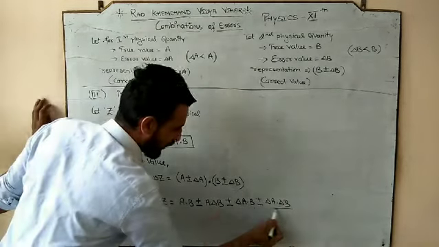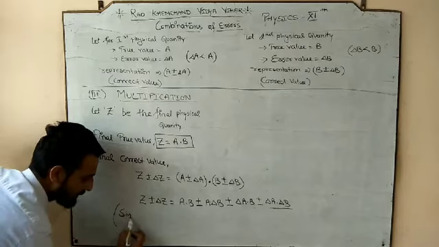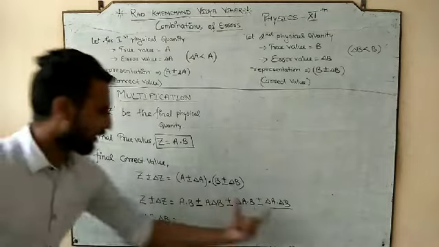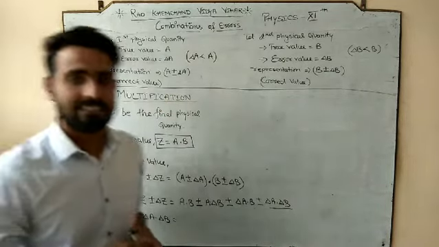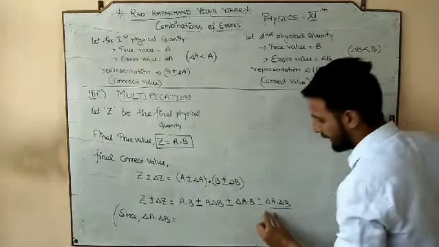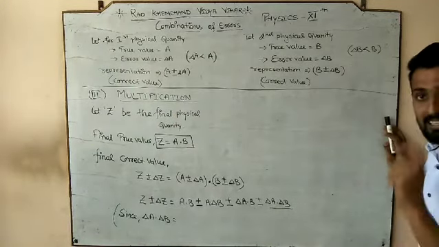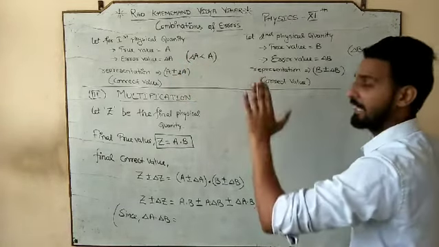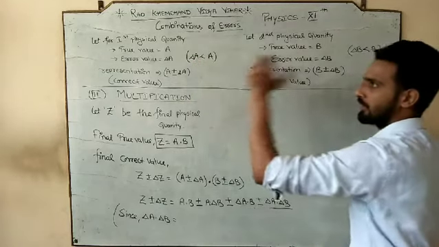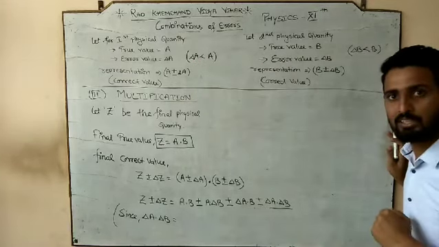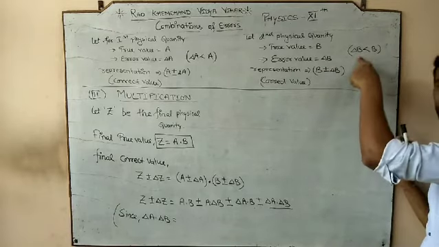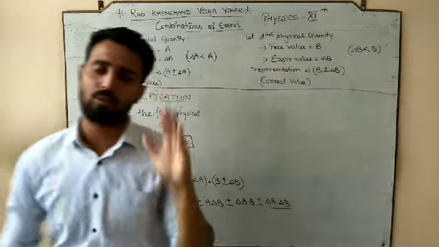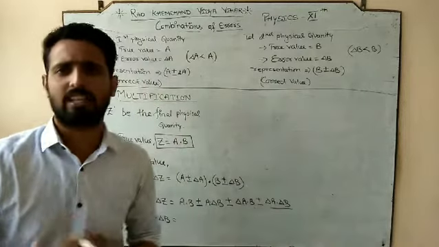Now I want to talk about this last term. Since delta A into delta B is one of the terms we got after opening the bracket, that term is the product of the error of A and the error of B. Delta A, what is delta A? The error. And we have discussed earlier that the error of the first quantity is less than the true value of the first quantity. In the same manner, the error of the second quantity is always less than, means error हमेशा अपनी respective physical quantity से less ही numerical value का होता है, बहुत छोटा होता है error.